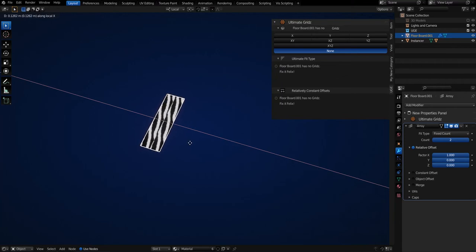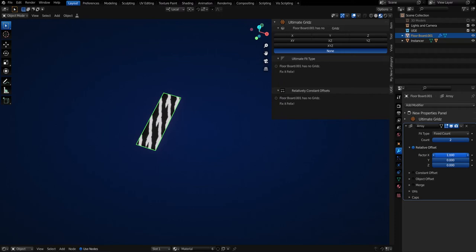Because, well, I guess it is. But you're going to repeat the texture. We don't want that. We want to be able to have a unique texture every time. And even if I were to change the relative offset, it's not changing where that texture is coming from, since it's all sharing a same origin point. So what I need to do is rather than use an array,